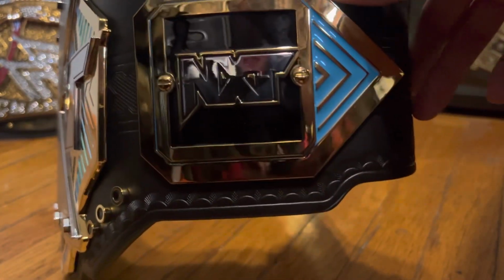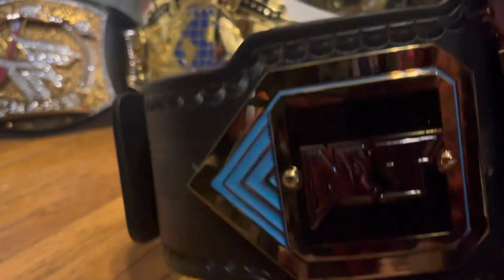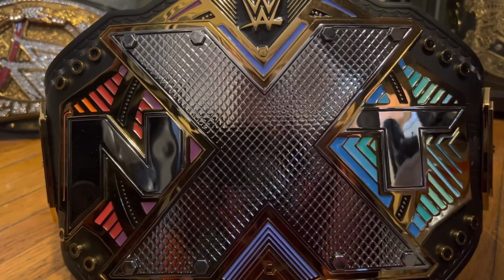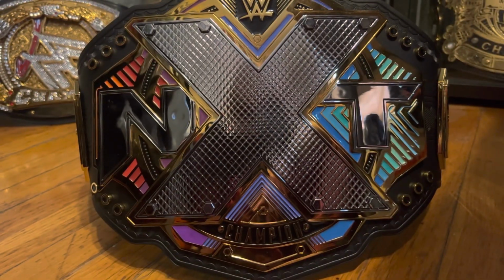You got the NXT side plate with blue right there. And then on this side, you have the same side plate. And then you have the etching on the leather with the X's throughout the strap. Honestly, this title is gorgeous. I would put it top, top